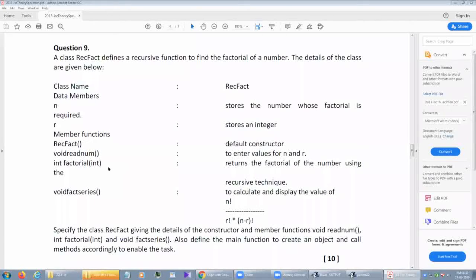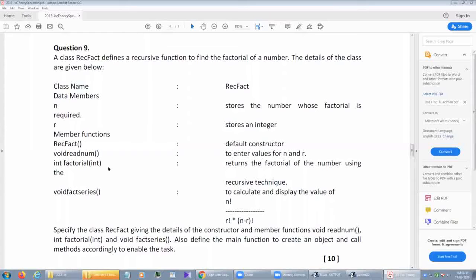And last, we have specified the class REC fact with the details of the constructor and member functions like void read num and int fact. Every method we have to call from the main function, where we create an object and call the methods accordingly.